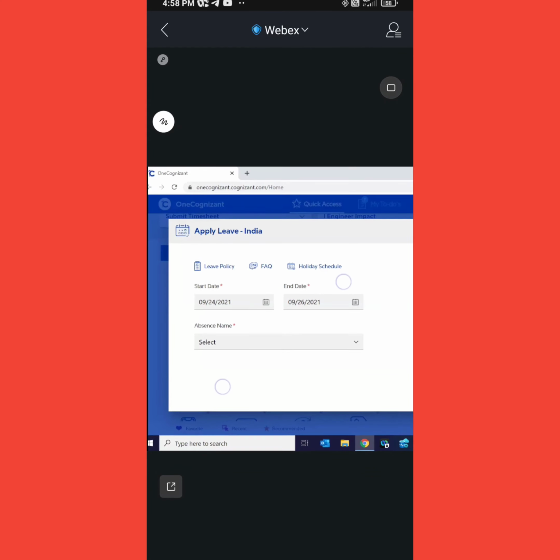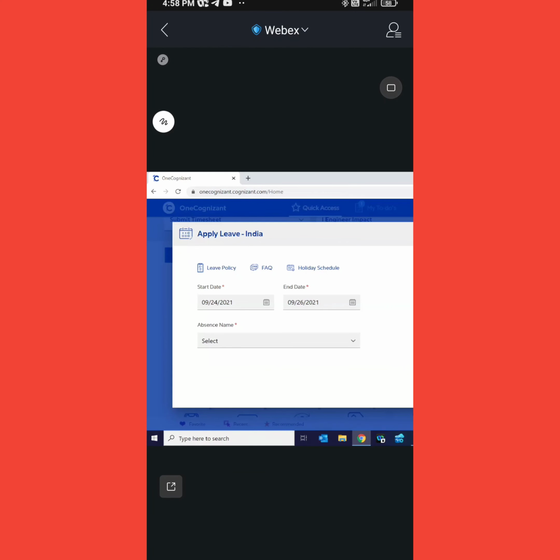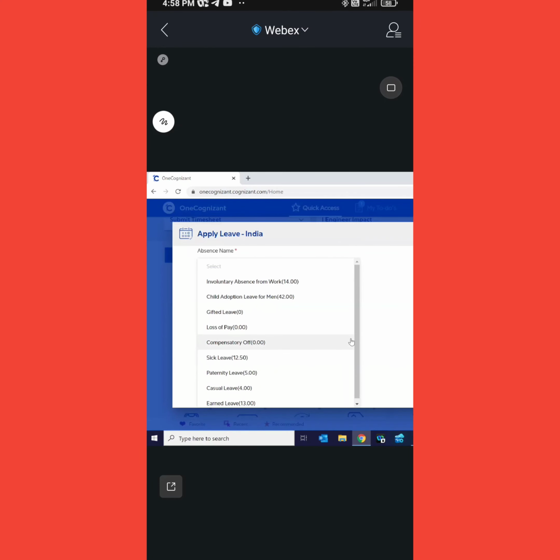you will see what you are taking the leave for. Let's click the drop down list. It will show you how many leaves you can take. Basically I don't know what types of leaves all those are. I have used casual leaves recently. There are casual leaves, earned leaves, and sick leaves.